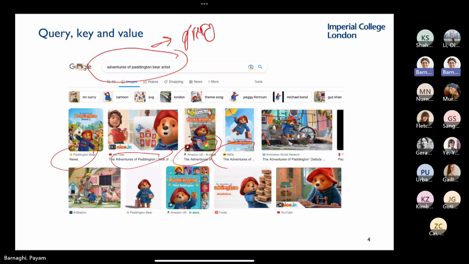In information retrieval, we use that key to search for the information. And what you find, for example, if I'm looking for Adventures of Paddington and I find this content, we refer to as the value. You will see this terminology now, and I just wanted to clarify where it comes from. When I say this is a query, this is a key, this is a value, here is what we mean by it. The value is the content itself. The key is information which is provided and helps you to find that value. And what you're searching for with it is called a query.